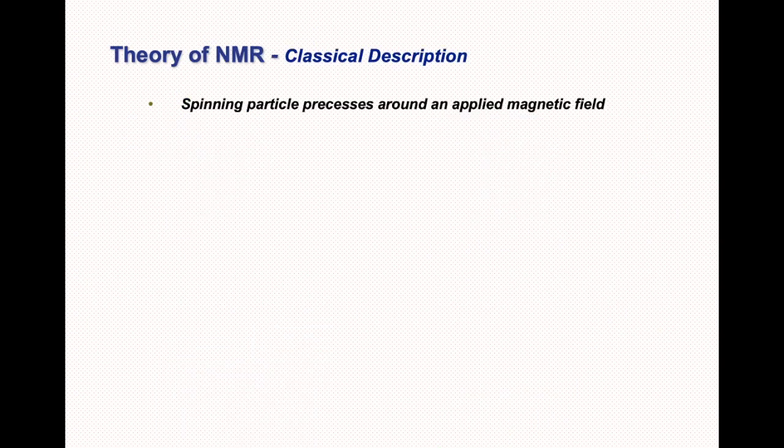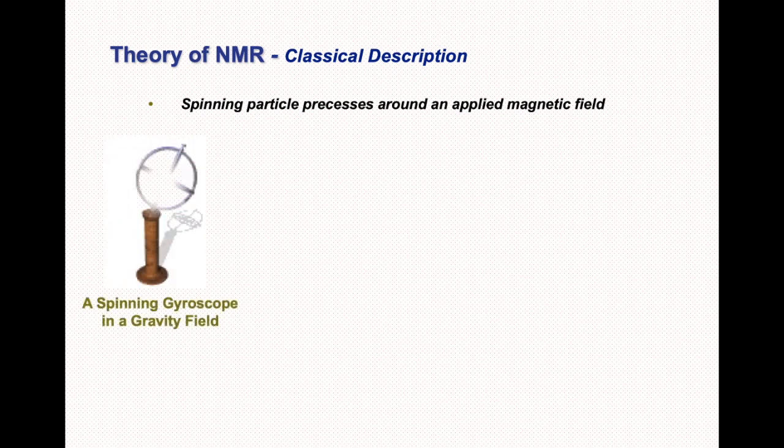Well, there are two different approaches to understand the concept of resonance in NMR spectroscopy. One is the classical description, the other one is the quantum mechanical description. So we will go into the details of these two one by one. First, let us look into the classical description. As we learned from the previous discussion, certain atomic nuclei possess spin. As a result, they behave like tiny bar magnets. The moment these nuclei are placed in an external magnetic field, they rotate on their own axis.